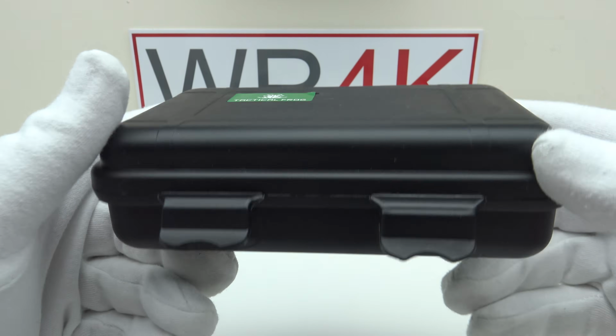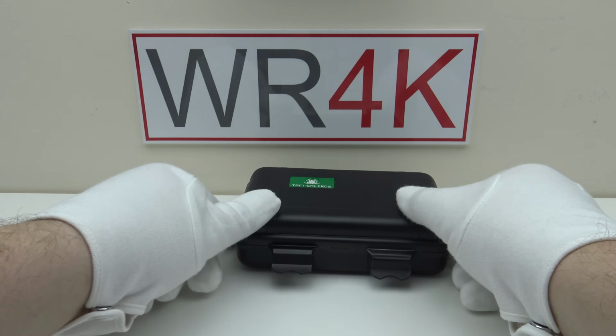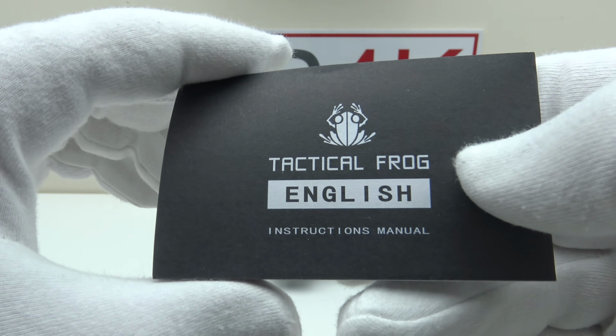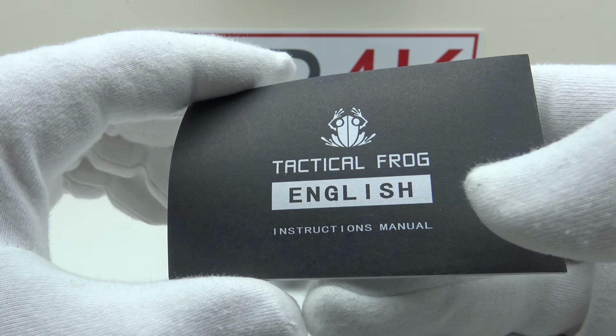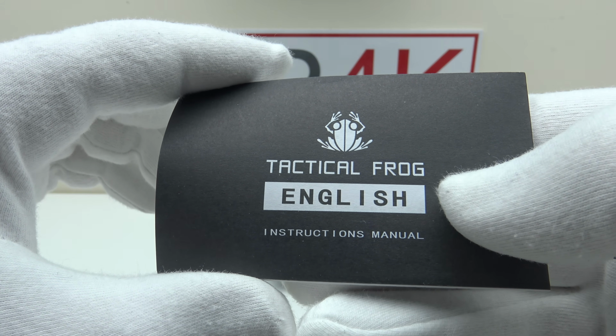I like these black plastic pelican cases. They do a good job of protecting the watch. They're very durable and practical. With regards to the items that come with the watch, this is the owner's instruction manual. It's in English, clear concise diagrams, and it details the operation of the movement used, which is the Seiko NH35A